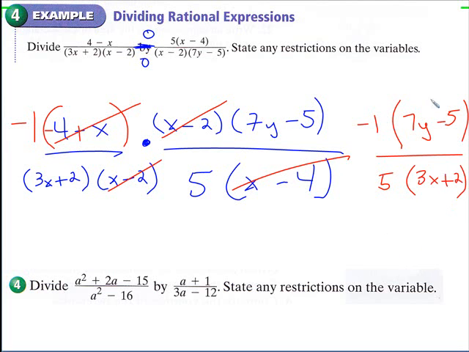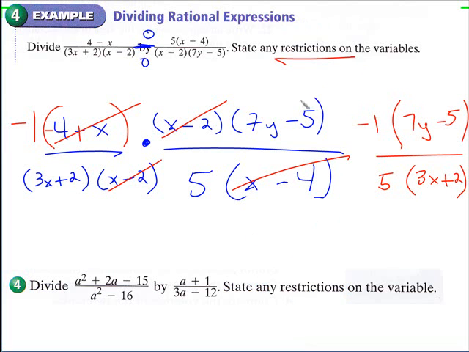Now if you want, you could distribute the negative 1 and distribute the 5, it's really up to you, or you could keep it like this. If it's a multiple choice test, like on the state test, and you have your answer like this but the answer choices distribute it, then just distribute it and find the right answer. And then once again, if they ask you for restrictions,